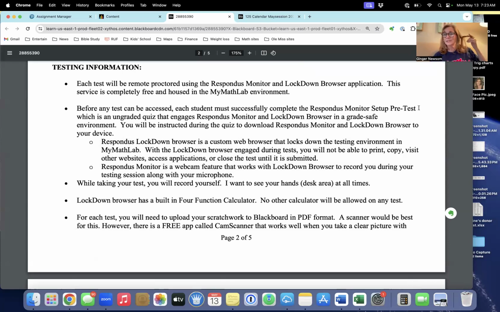So it really is just a test set up to make you go through the system of setting up, making sure you have your Respondus Monitor set up. So if you've done it prior to your test, when you get on to take your test, you shouldn't have any problems. That's what it is. So it's not really a test. It's just making you go through the setup of Respondus Monitor to make sure you're set up and ready to go. Like I said, I have to ask you a question, but it's one little true false question. It doesn't have anything to do with math.